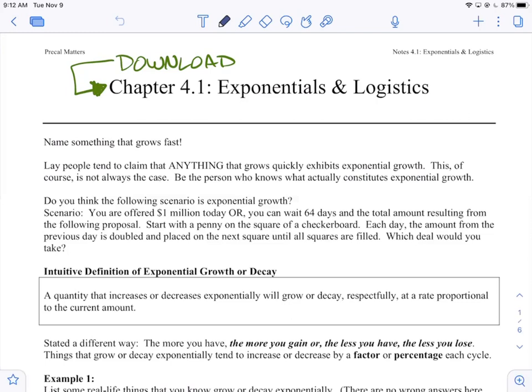The rate is the same, okay? So anything, and this is true, this is one of the ways you can tell if something's truly exponential. Anything that increases by a constant percentage rate or decreases by a constant percentage rate is going to be, guess what? Exponential. Yeah. Because the more you have, the more you get, and the less you have, the less you lose, right? Same thing.